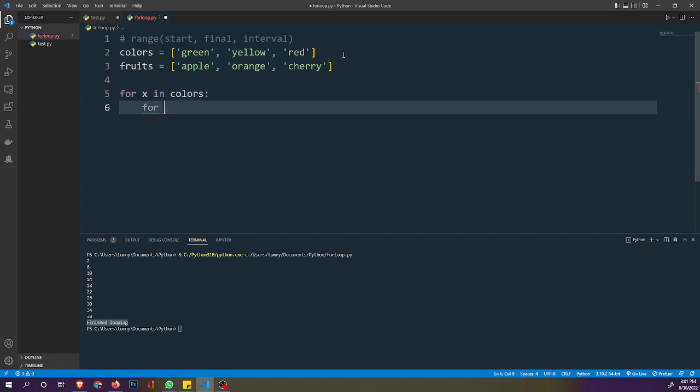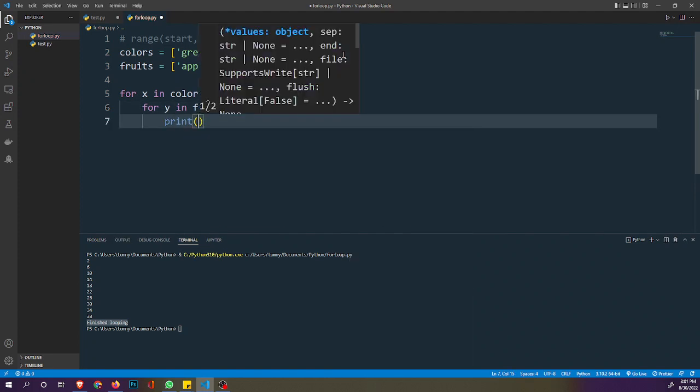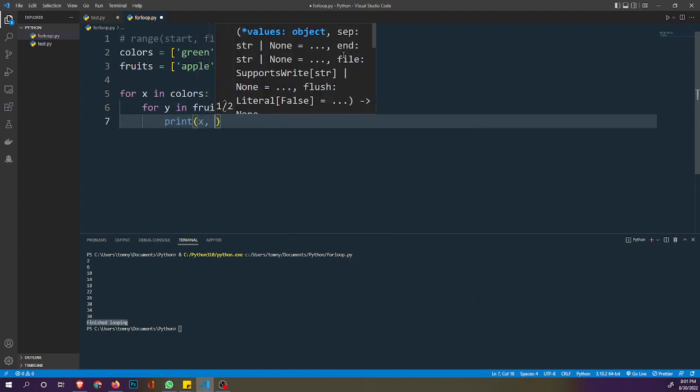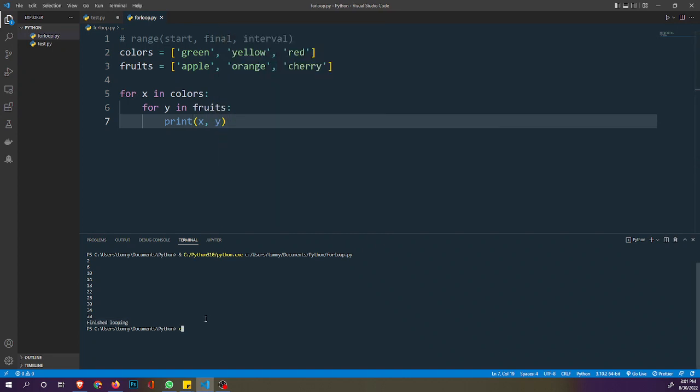You see the way the nested loop is. Let's say for y in fruits, we can now print x and y. And if we clear our terminal and run this program,